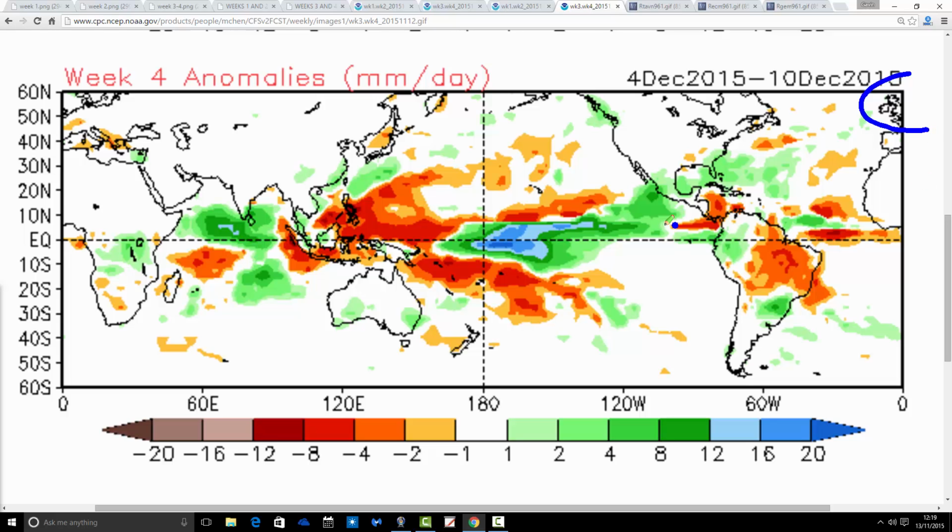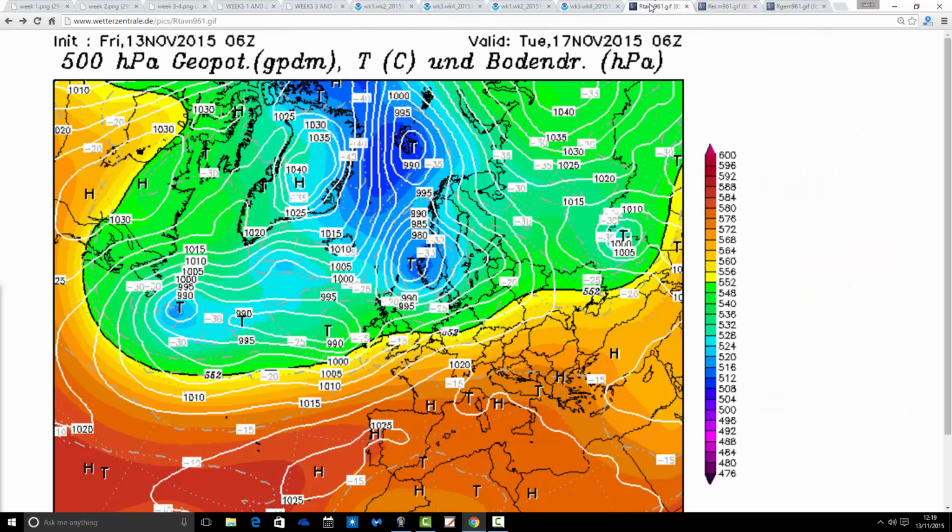So it looks like we're in for a very mild second half to November and start to December if CFSv2 is right. But the shorter range models, these are the shorter range models, GFS, ECMWF and the GEM, they want to start turning things colder next week. So this is for GFS, and we find low pressure is coming in off the Atlantic. So that's pretty good representation of what we were seeing for next week from both the JMA and the CFS,